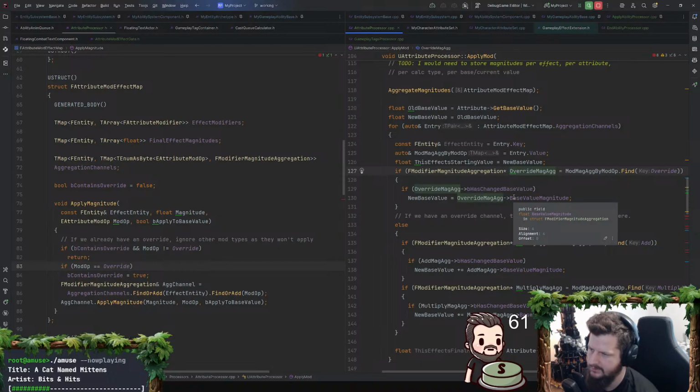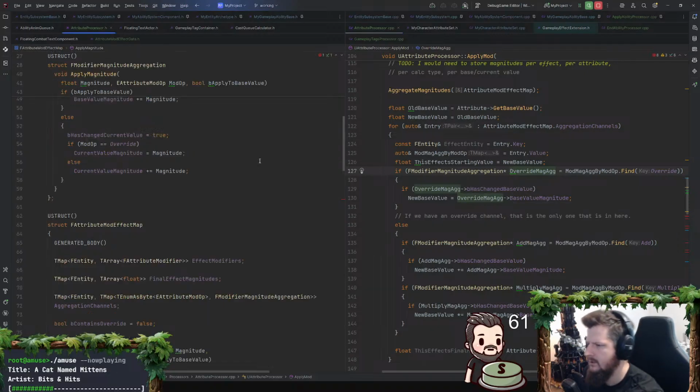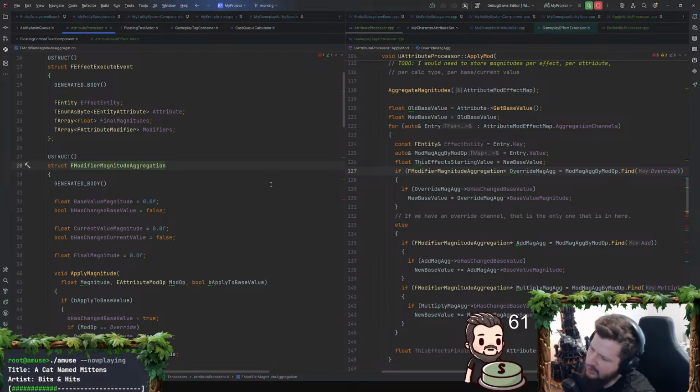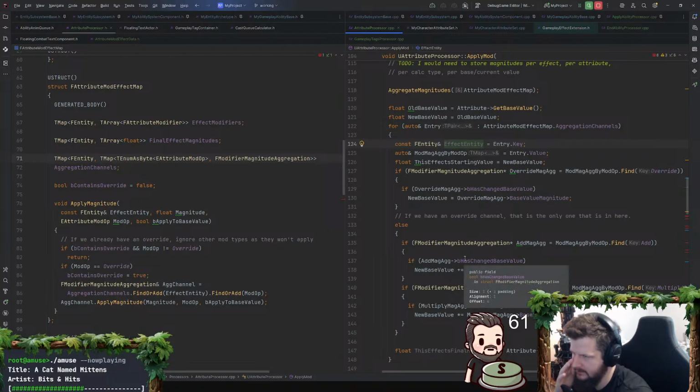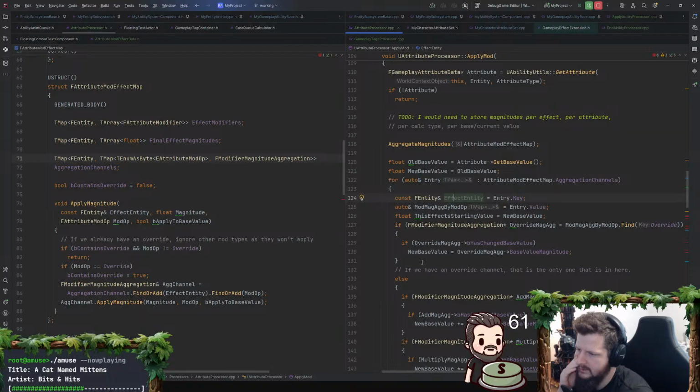Which is why I need to tally up the totals, actually. Modifier magnitude operation. I guess, but I already have all the base values and stuff. But I don't want to iterate over each effect and then apply that. No, I have to do the operators on the outside.